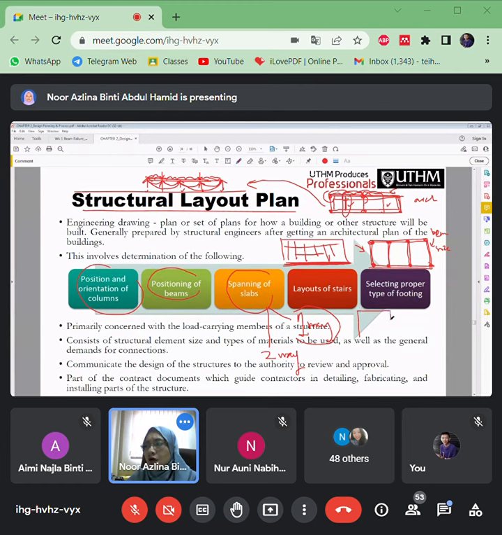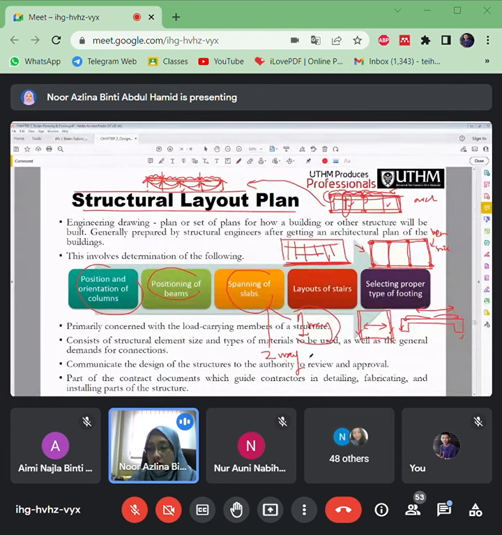So I've already mentioned in the last class, for one-way slab, that means the load of the slab transfers in one direction. That means it will transfer to this beam, and it will transfer to this beam. Okay, kalau I buat cross sections, dah pandai kan buat cross sections. So ni this beam, and then this is the beam here. This is the slab. That means half of the load of this slab will transfer to this beam, and half of it will transfer to this beam. It's one-way direction of load distribution.